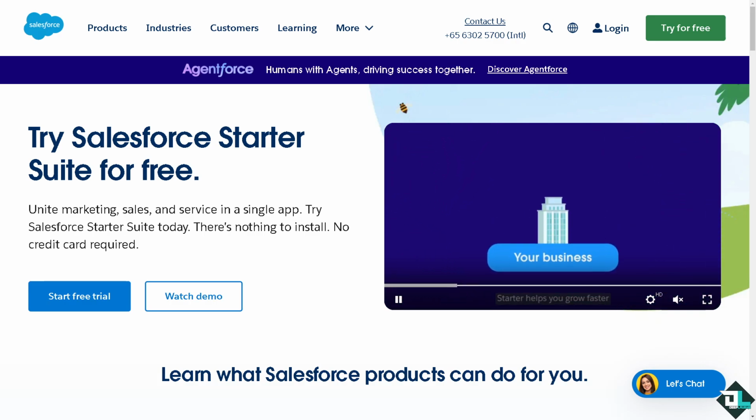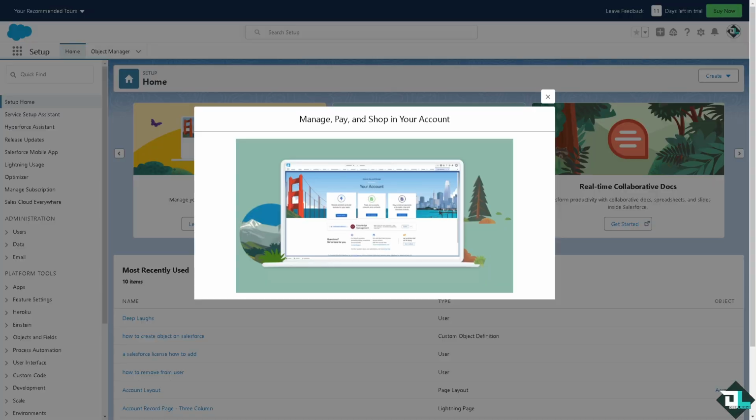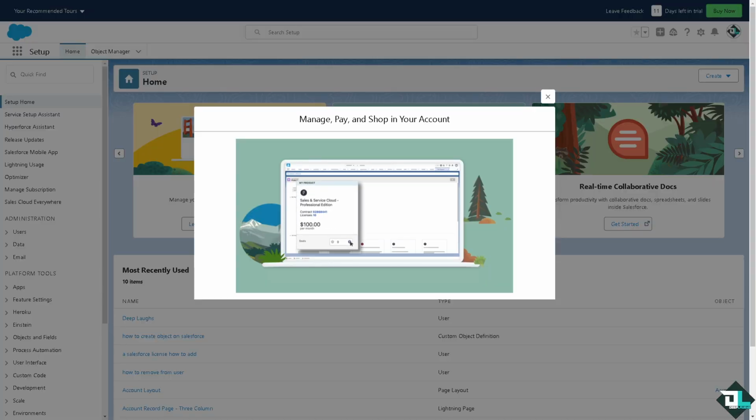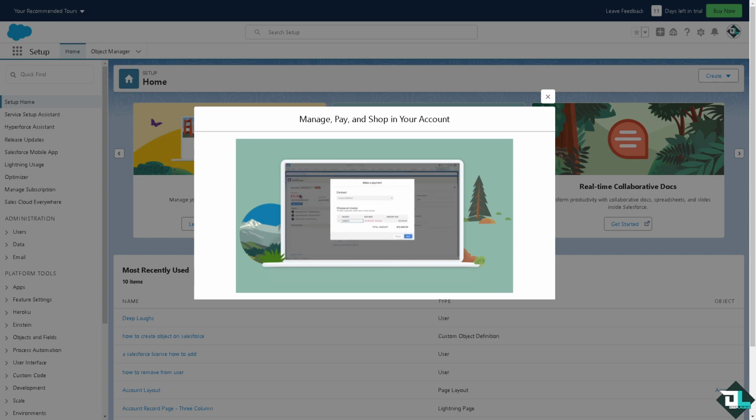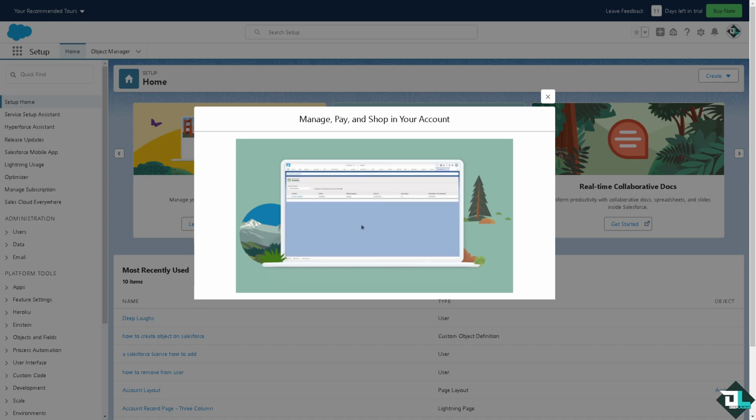In today's video, we are going to show you how to log in with a security token. Let's begin. Logging into Salesforce using a security token is necessary when accessing Salesforce from an external application or tool, like for example a data loader or an API integration, or even when logging in from a new IP address. The security token is an additional layer of security that ensures only authorized users can access Salesforce from outside trusted